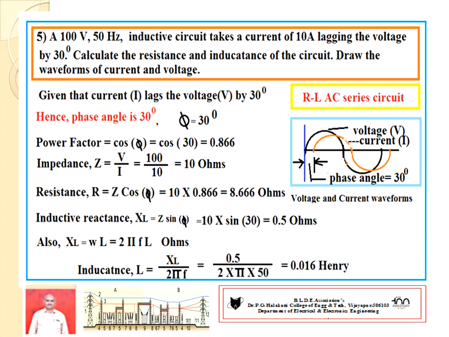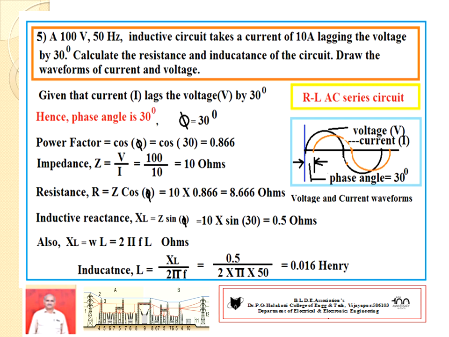You have to answer what question has been asked, because some allotment of marks is there, 1 or 2 marks. What is the phase angle, sir? Phase angle is 30 degree, clearly given. Then you go for power factor, cos of phase angle, cos of 30 degree, 0.866. Voltage is available, current is available, both are in RMS values. Then go for impedance. Impedance of circuit equal to V by I, 10 ohms.